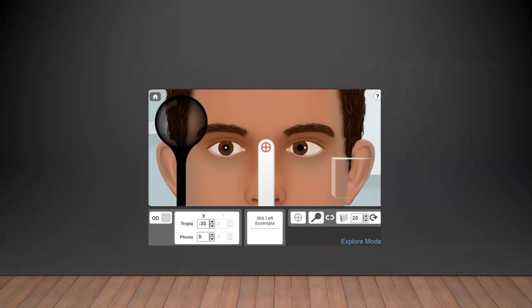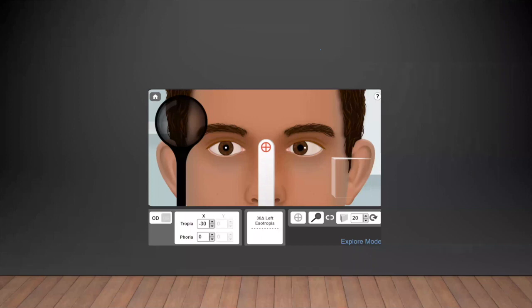So it is a left eye esotropia is the correct answer. Eye is deviated inwards. Yes, this looks like 30 degrees, not 45 degrees. 45 degrees should be somewhere here towards the limbus. 15 will be towards the pupil, and this is somewhere in the middle. So I agree with the answer that on Hirschberg's corneal reflex test, this looks like 30 degrees of left